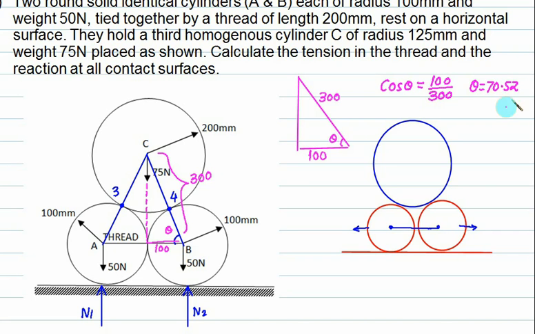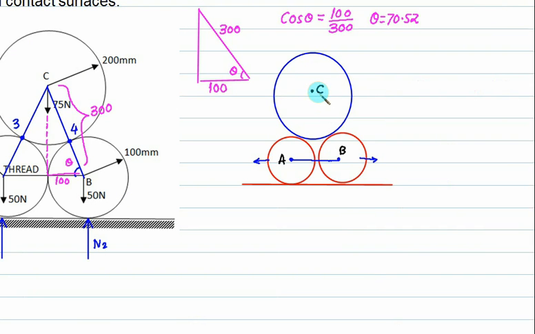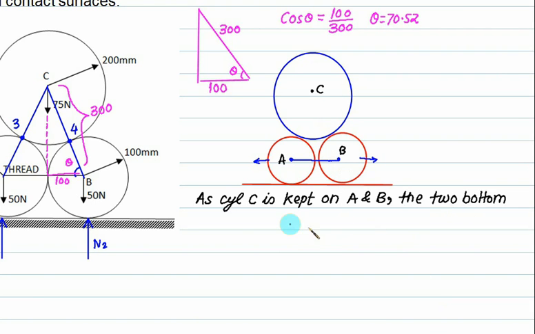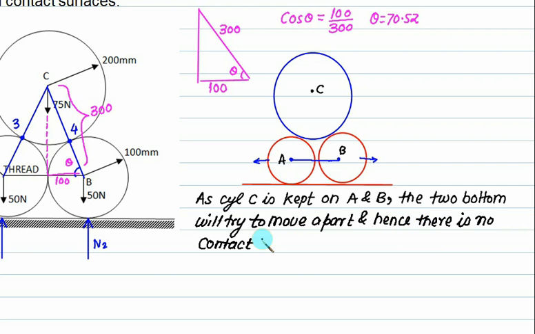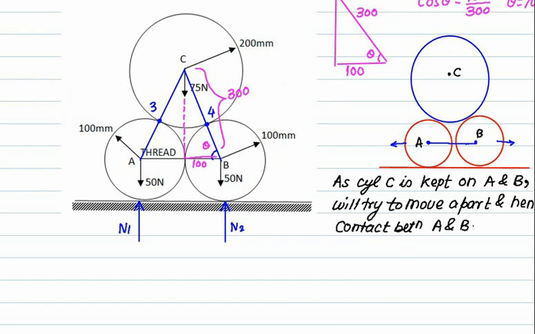70.52. As the cylinder C is kept on A and B, the two bottom cylinders will try to move apart, but there is no contact between A and B. Okay. If we draw the vertical line from C, this part is